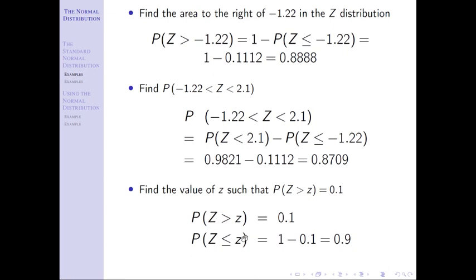And now because I have a less than, now I have the appropriate probability. I go to the inside of the table, and then I have to see what z-score that corresponds to. Notice at this point, I want to find the closest value. Don't worry about rounding up or rounding down, just find the closest value to 0.9. If I do, that's going to be on the row of 1.2 and the column of 0.08, which tells me that the z that I'm looking for is 1.28.